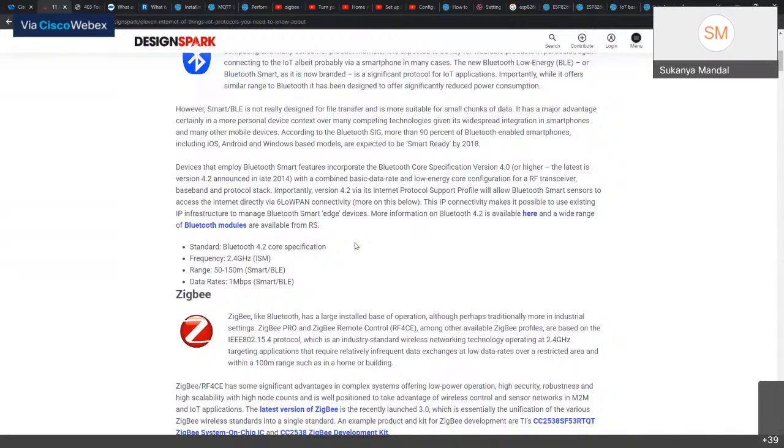So some standard specifications of Bluetooth are that it has a frequency of 2.4 gigahertz ISM. I think Bluetooth 5.0 is also coming with a bandwidth of 5 gigahertz. Range is generally typically between 50 to 150 meters, but for Bluetooth 5.0 it's a little more. Data rates are close to 1 Mbps.